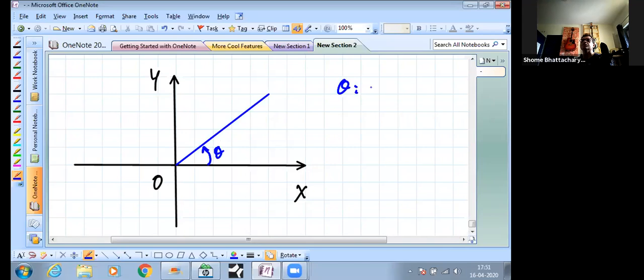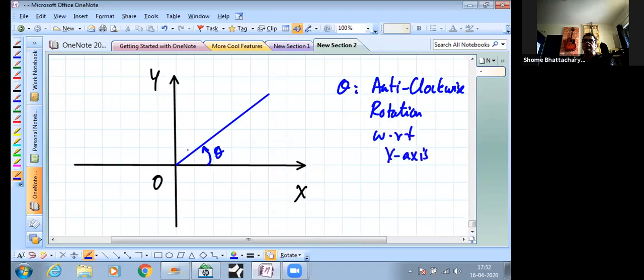So the definition of angle now changes. It is the anti-clockwise rotation with respect to x-axis. So for example, if I say theta is equal to plus 30 degrees, it will be somewhere over here. If I say theta is equal to plus 45 degrees, it will be somewhere here. If I say theta is equal to 120 degrees, it will be somewhere here. If I say theta is minus 30, it will be somewhere here. Because anti-clockwise is positive, clockwise becomes negative. So that is the first thing. The definition of angle now changes. It becomes with respect to how we have rotated a rod like this with respect to the x-axis.